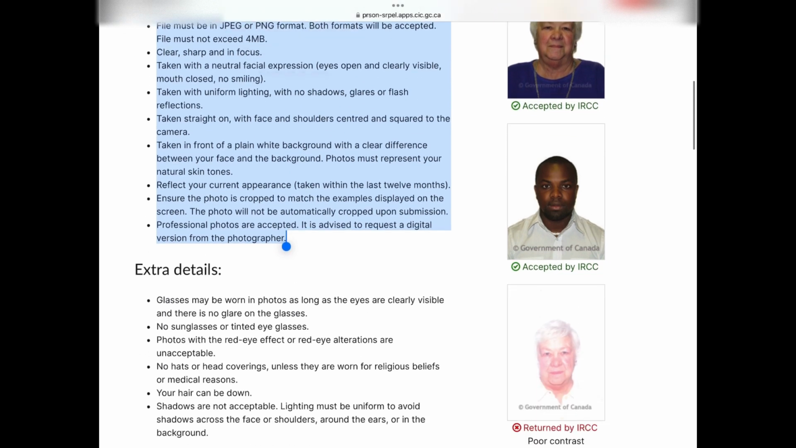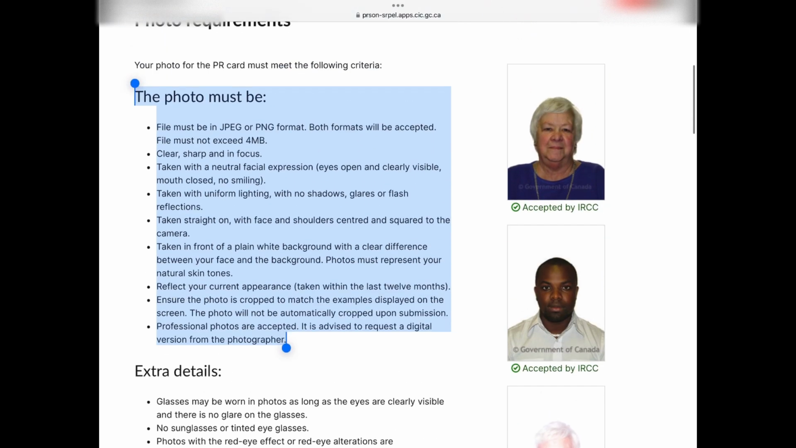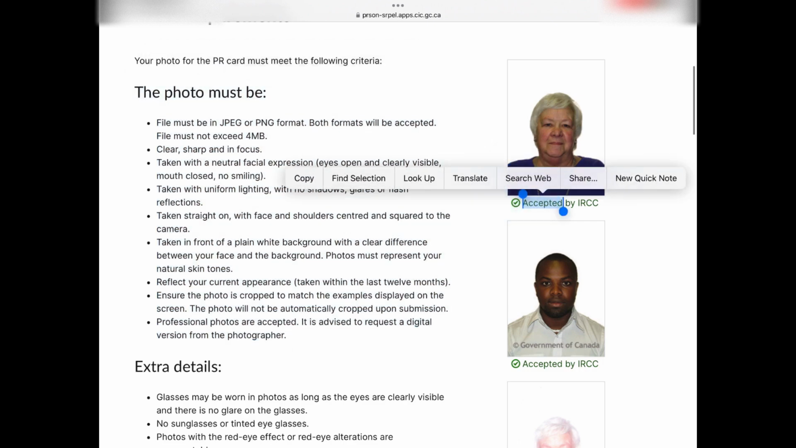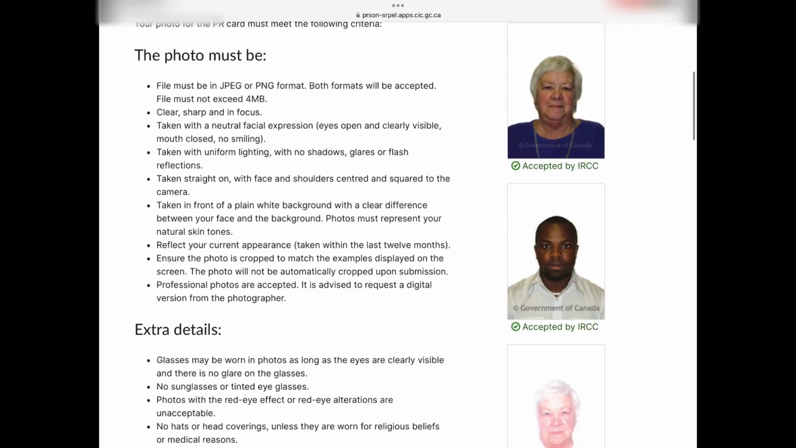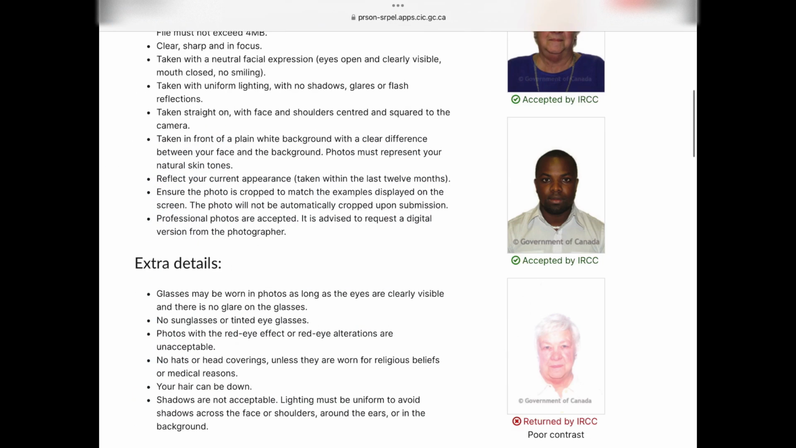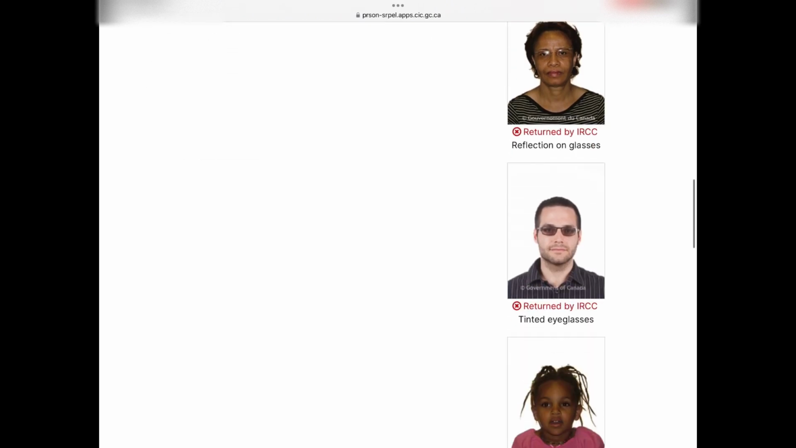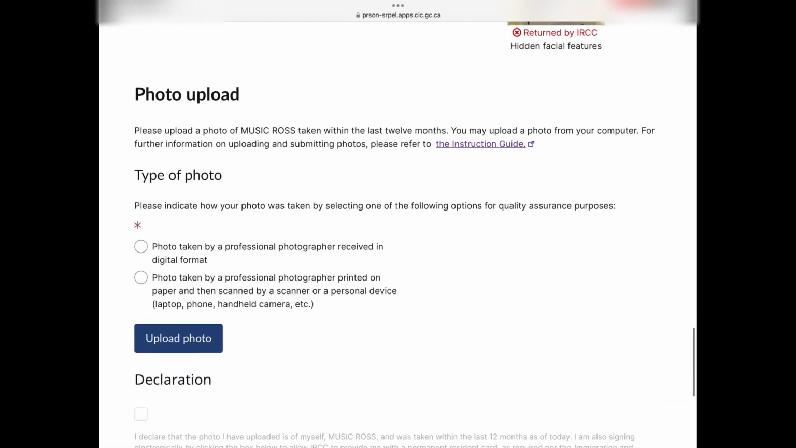Make sure you go over these criteria and make sure that your photo meets these criteria. You can see the accepted pictures. You can see these samples. Just make sure you go over them and make sure you meet these requirements. After you're done reading that, you just go ahead and scroll down. And then here, first of all,